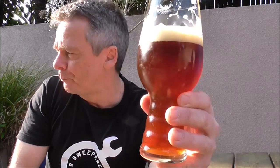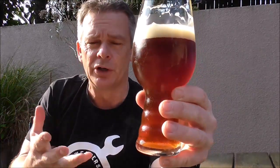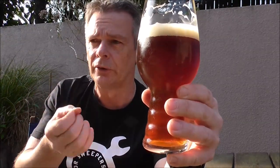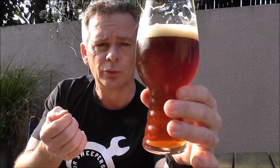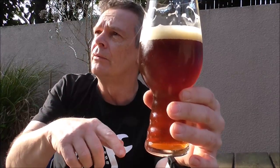Oh, that's good. I'm very, very happy with that. Not sure how it stacks up with my previous versions because my memory's not that good, but it's got a real nice, rich fruit cake flavour from the Shepherd's Delight, but then you can get the sweetness from the Toffee malt, so a little bit of toffee coming through, and sweet caramel from the crystal,